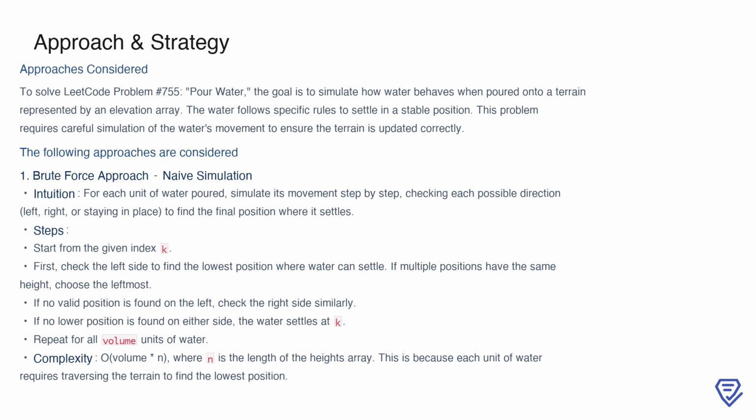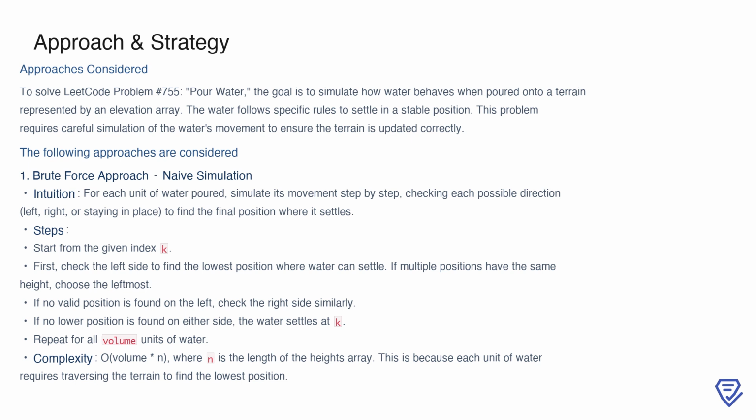To tackle the Pour Water problem on LeetCode, we need to simulate the behavior of water as it interacts with a terrain represented by an elevation array. The water follows specific rules, settling based on the terrain's heights and moving left, right, or staying in place at the pour point. One straightforward approach to consider is the brute force method, where we simulate each unit of water